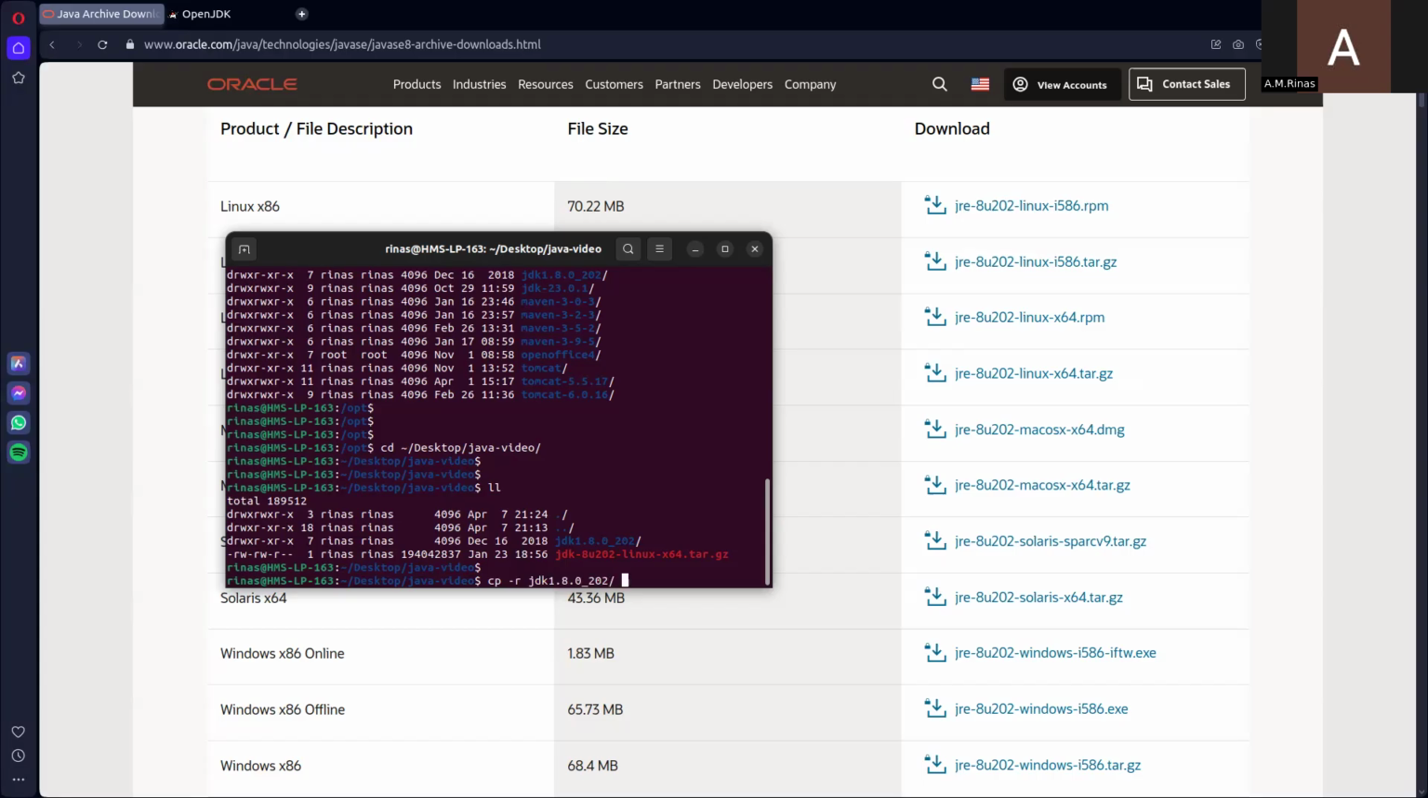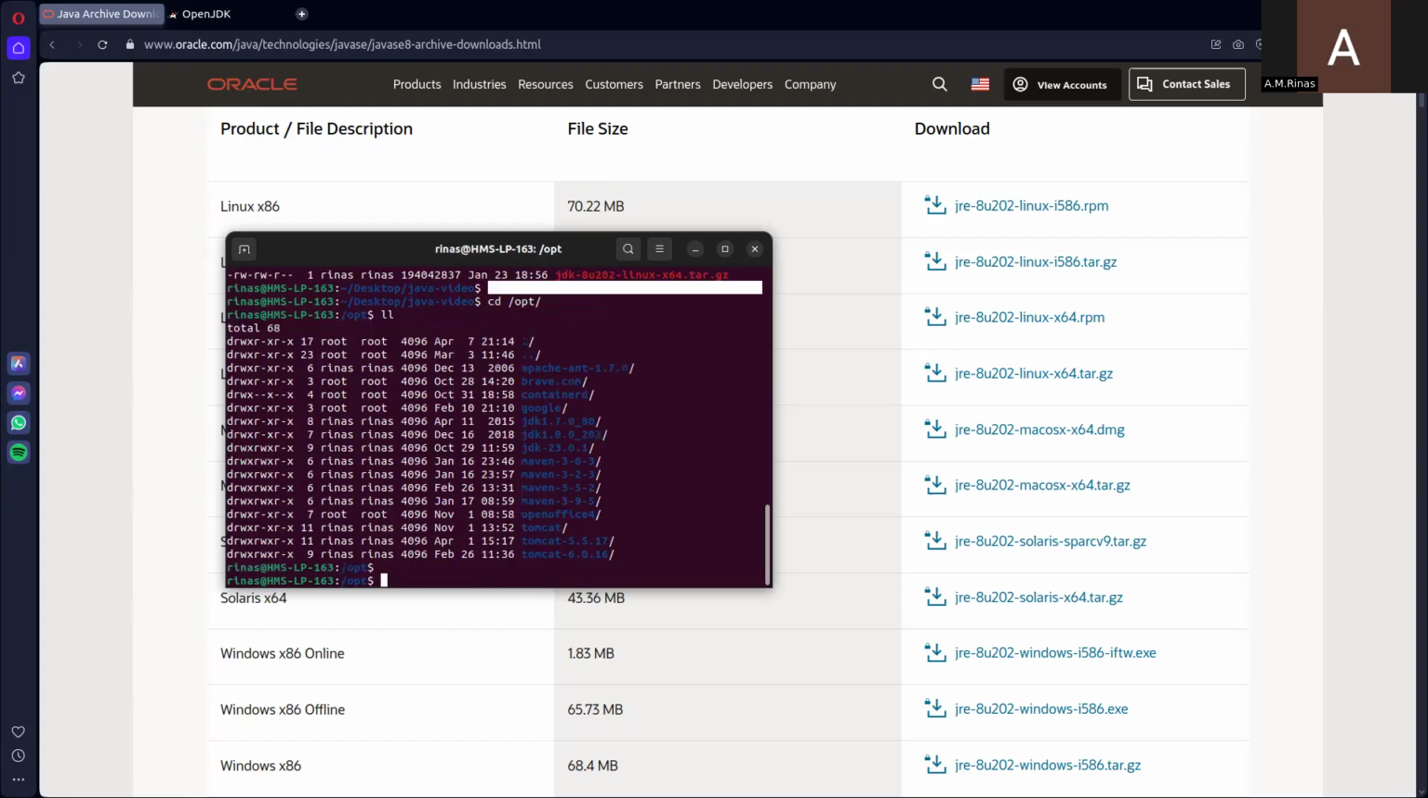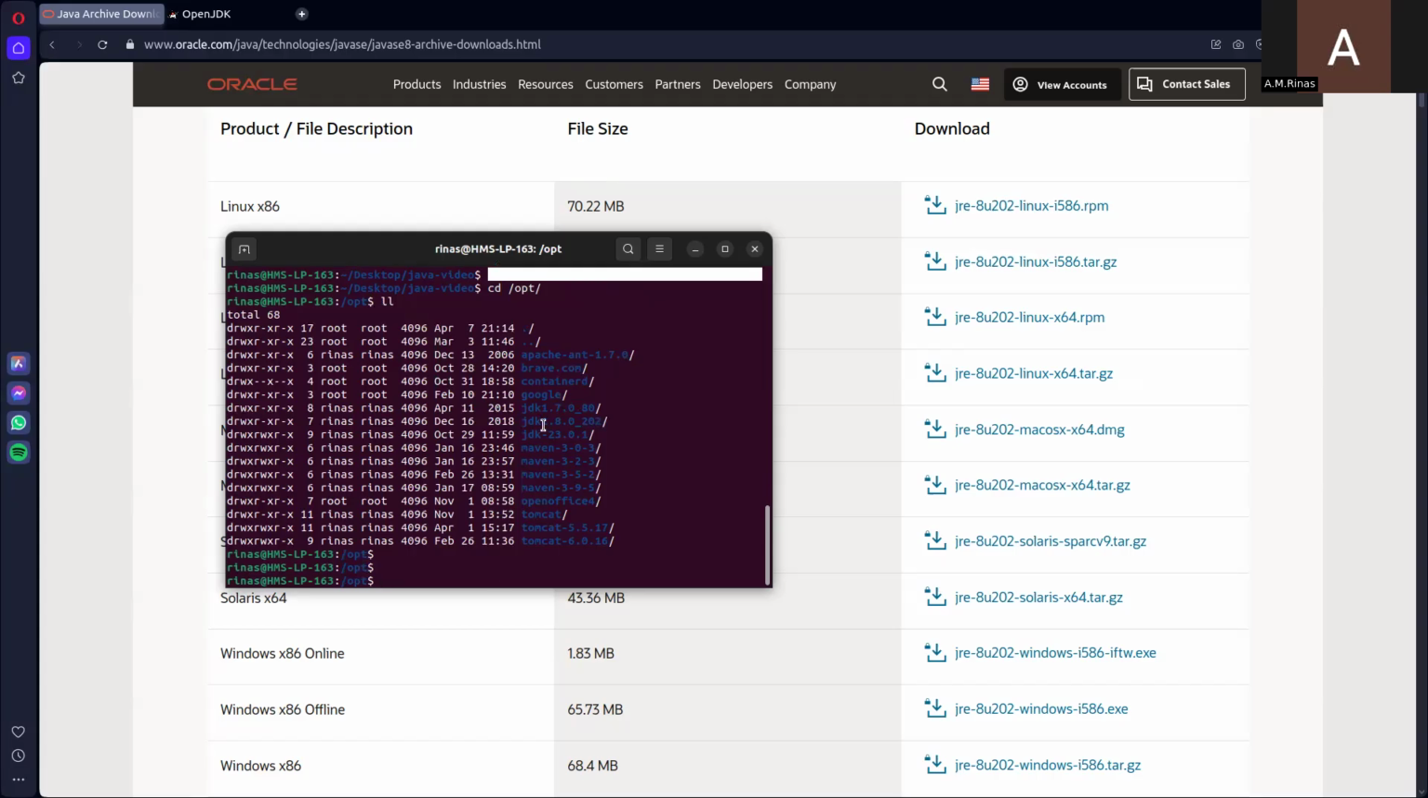I can use the folder name and the location. The location is /opt. Otherwise, you can use move, the folder name, and the destination. And it's already there, those files I copied to there. Then I'm going to the location, and you can see, okay, this